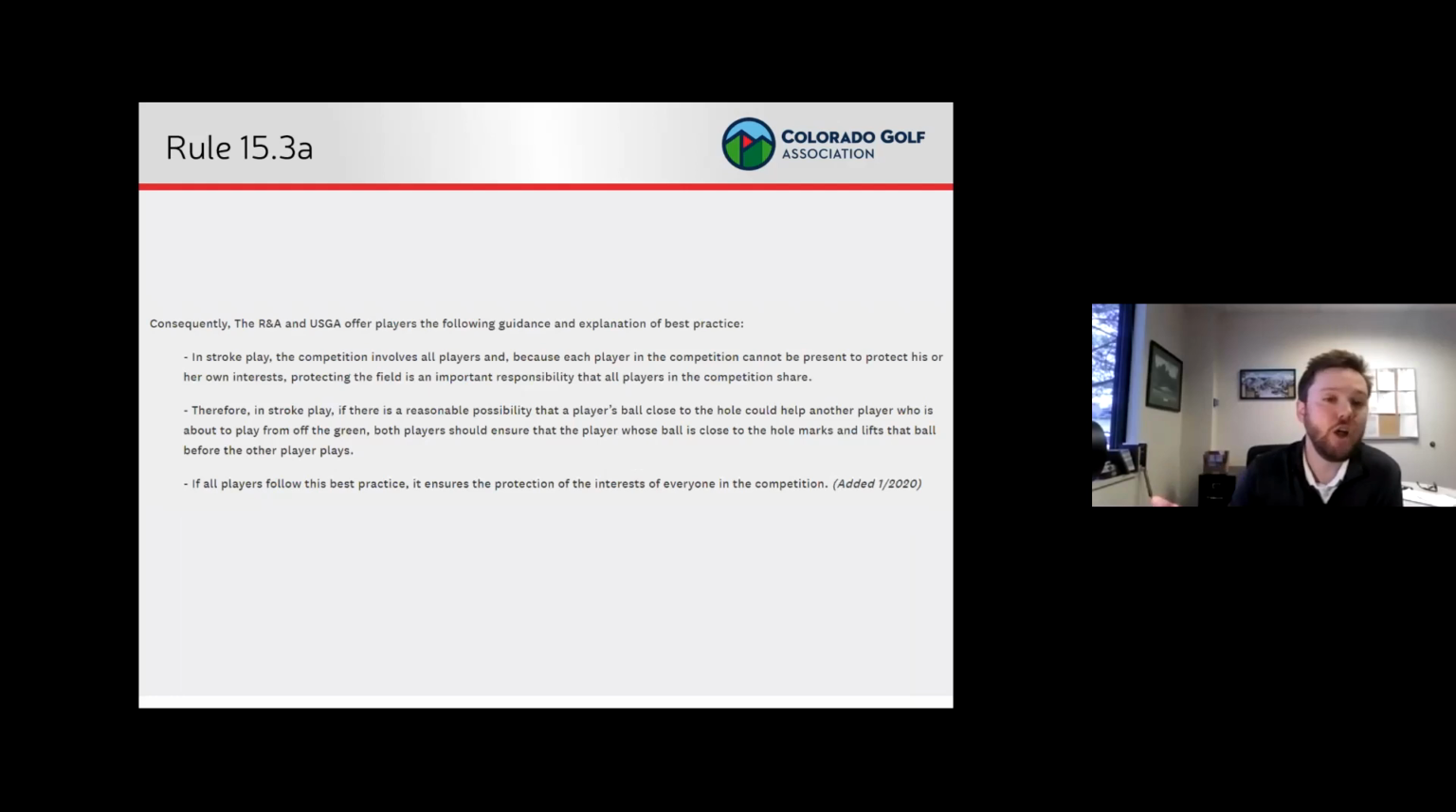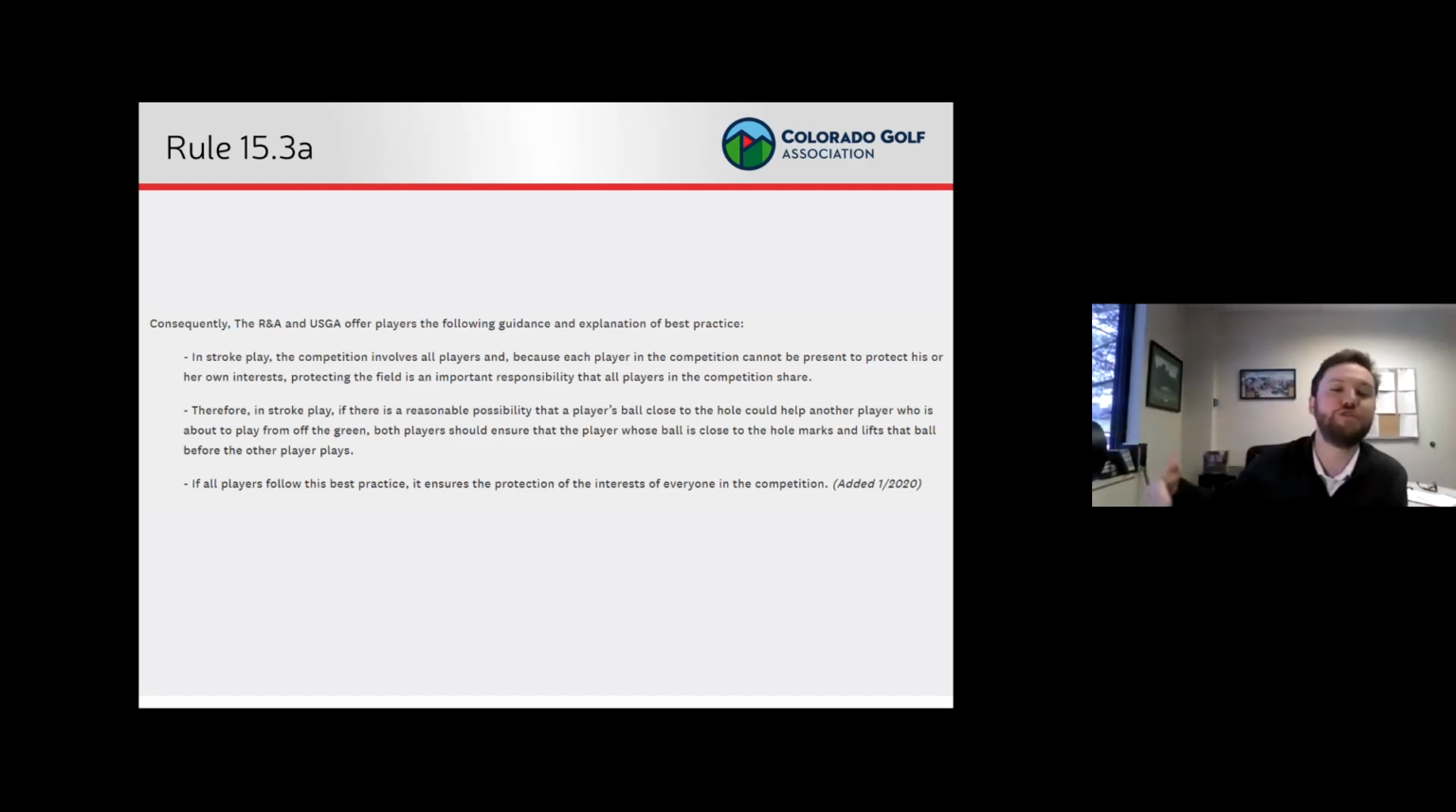All right, following up on that interpretation or that clarification, it says, consequently, the R&A and USGA offer players the following guidance and explanation of best practice. In stroke play, stroke play only, the competition involves all players, and because each player in the competition cannot be present to protect his or her own interests, protecting the field is an important responsibility that all players in the competition share. Therefore, in stroke play, if there is a reasonable possibility that a player's ball,